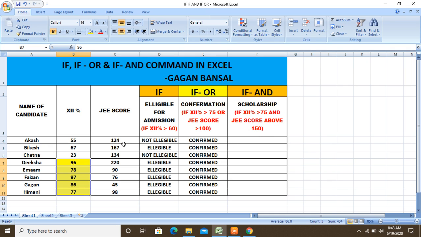GATE score above 150 is this and this. That means the only candidate satisfying both conditions is only one.